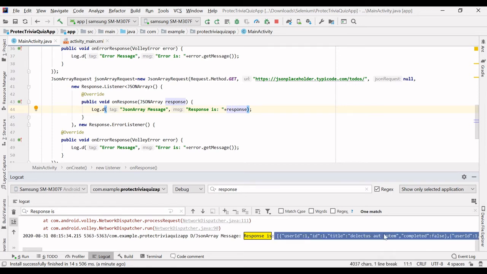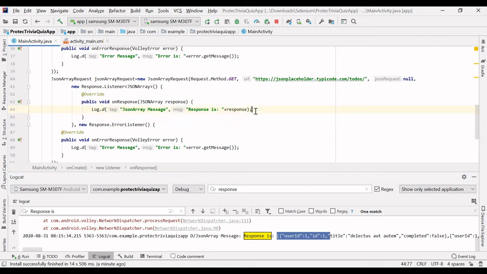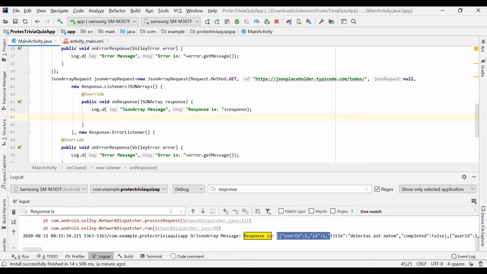Inside this whole JSON array, I want to get the ID and title from each and every JSON object. So how can we get this? Yes, you can get it. What's the process? You have to iterate over each and every JSON object inside this JSON array.